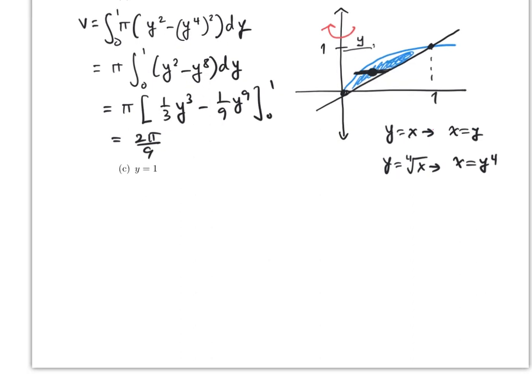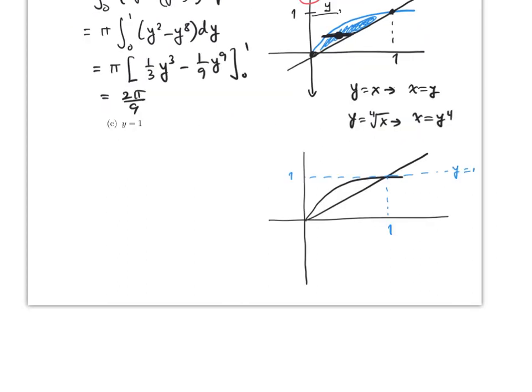Finally, the last one is a little more tricky, because you're revolving around y equals 1. So first, we draw the exact same graph again. This is the area that you are going to rotate, same area as the previous two problems. You are rotating on the line y equals 1, which is technically similar to rotating on the x-axis. You just move the x-axis 1 unit up. Okay. So this is the part where things get a little more interesting.